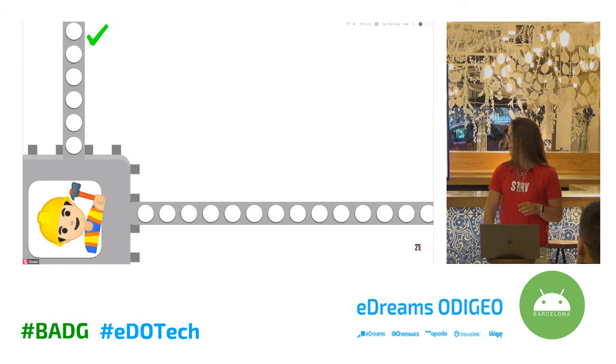Another important thing about coroutines is that while a coroutine is suspended, it doesn't block the current thread. When a coroutine reaches suspension